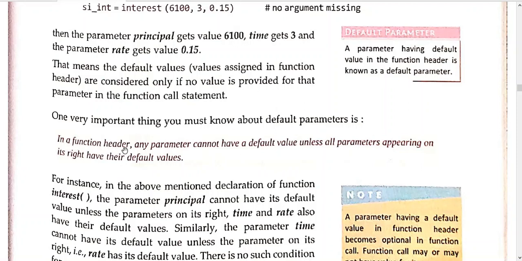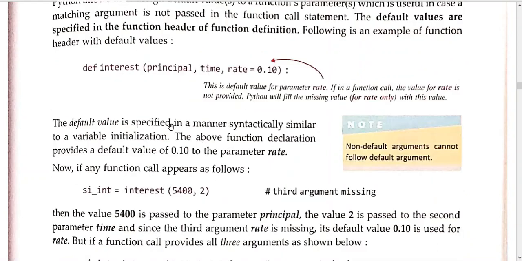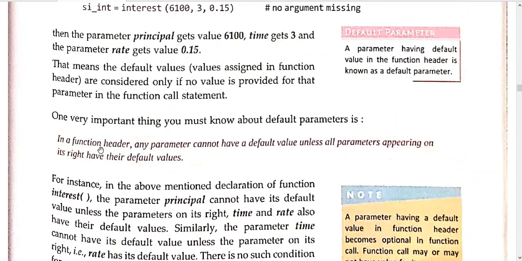It is not your choice to make whichever variable you want a default parameter. If you want to make principal a default parameter, then it should be placed here. This is the rule.